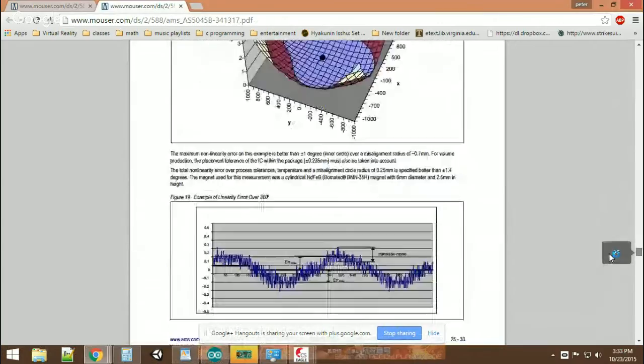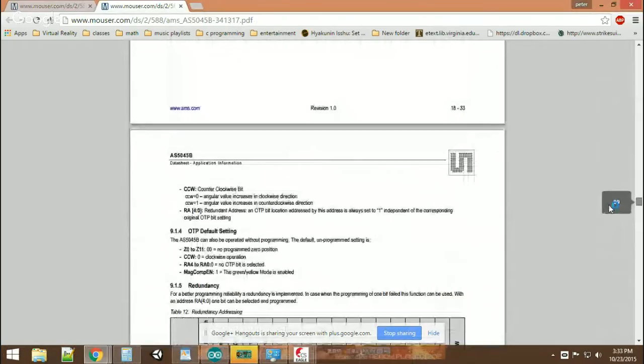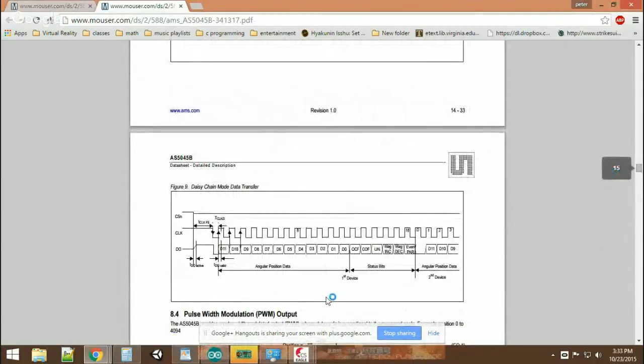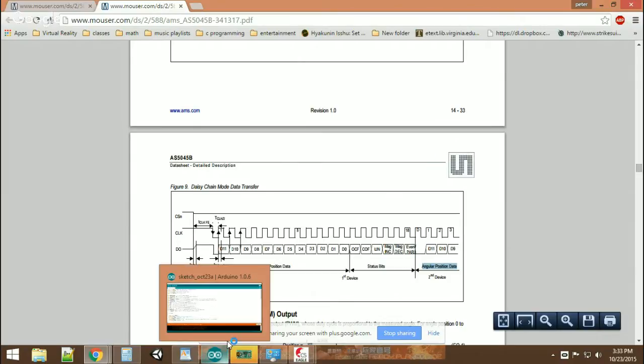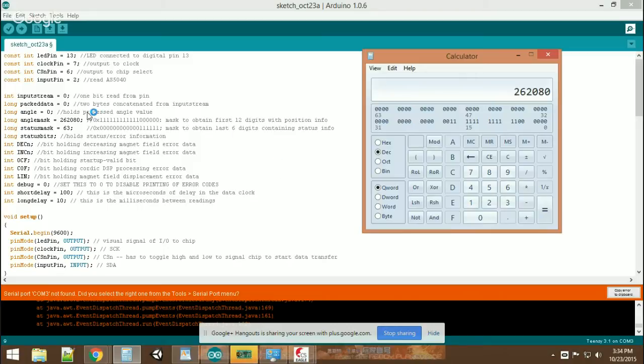and I may have gone too far. And going back up. We see 12 bits, 0 through 11 for angular position data, and 6 bits for the status bit, and then we go on out. Now, my theory is this person only wanted the first 10 bits because,